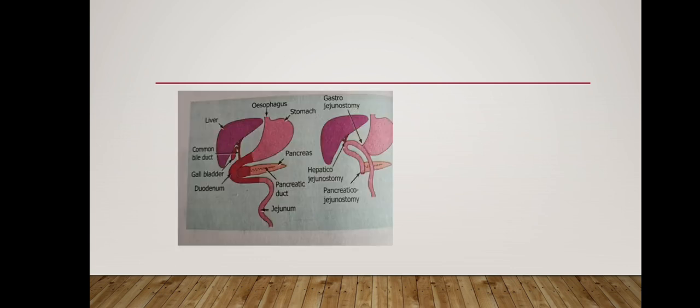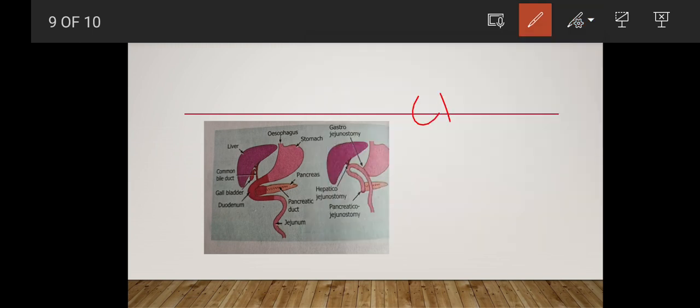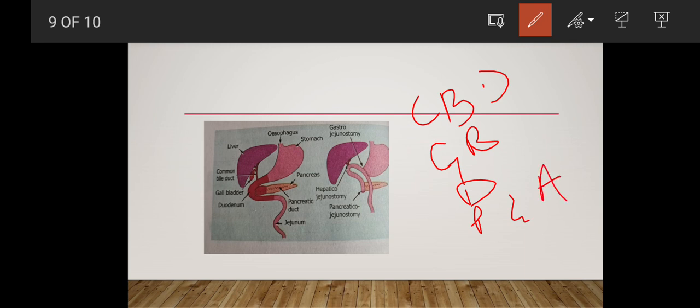In the Whipple procedure, we resect some areas. We resect the common bile duct, we resect the gallbladder, we resect the whole duodenum, the pylorus and the antrum of the stomach, and the proximal end of the jejunum, as well as the lymph nodes near the pancreas. These are the areas dissected in the Whipple procedure. That is CBD, pylorus and antrum, head and neck of pancreas along with tumor, duodenum, and proximal jejunum. These are resected, and the remaining part of the liver, the remaining part of the stomach, and the